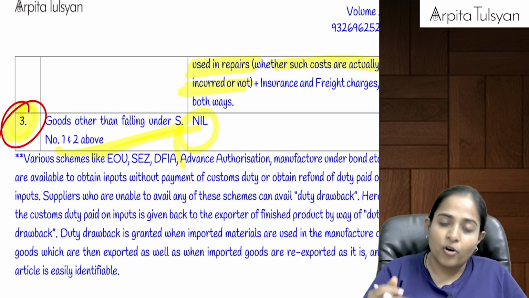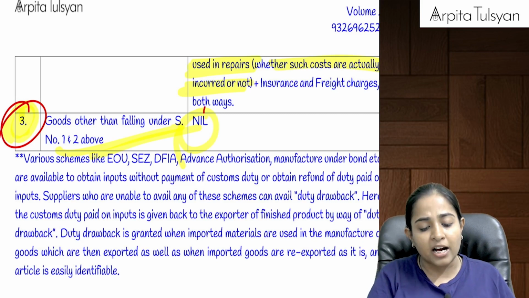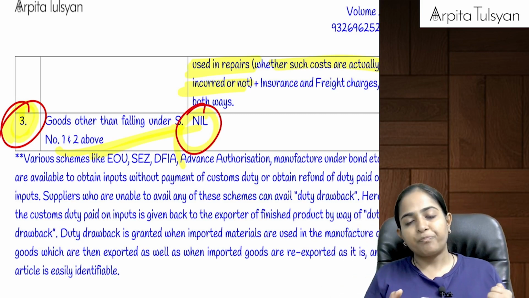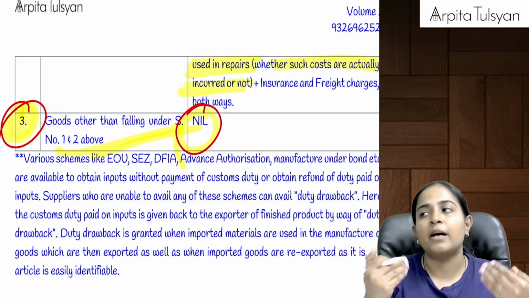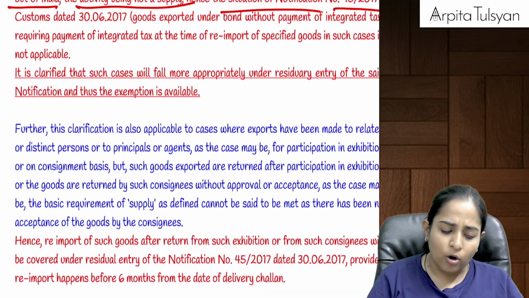That is because the goods are physically going outside India and the goods will be physically coming into India without payment of taxes. So, when they are coming back to India after exhibition, at that time also they are not required to pay any duty on the same.